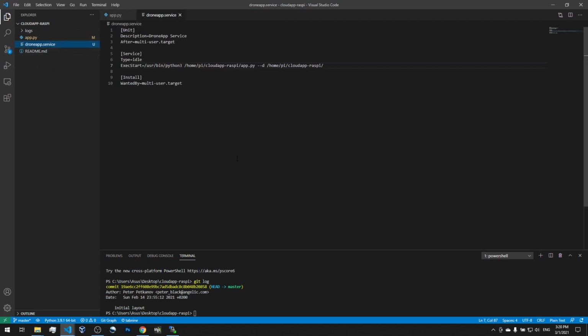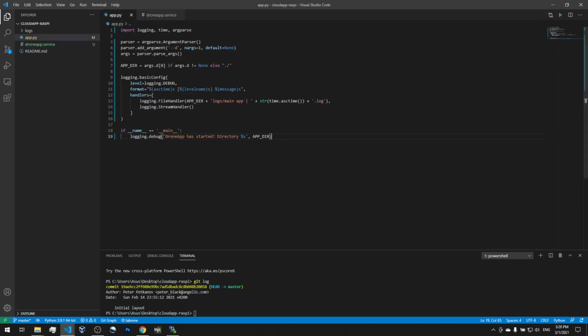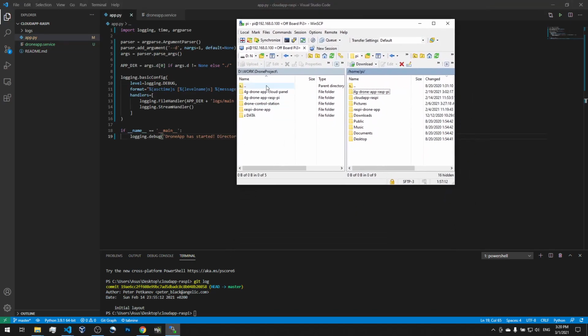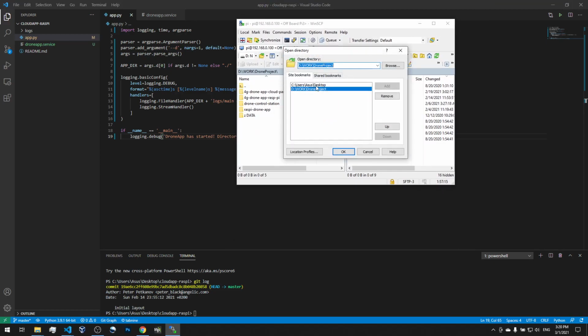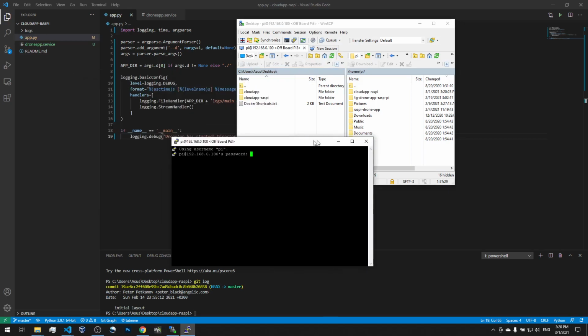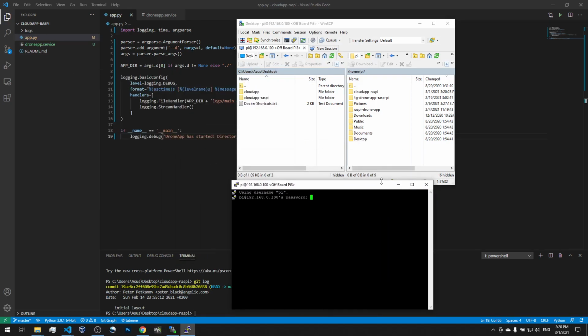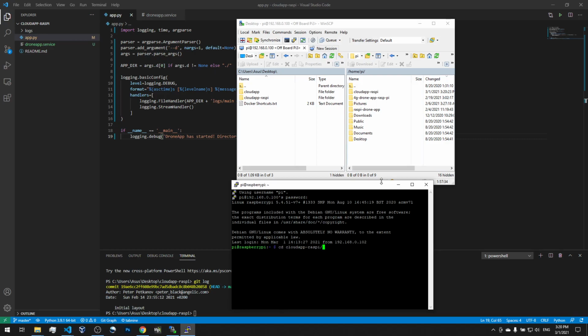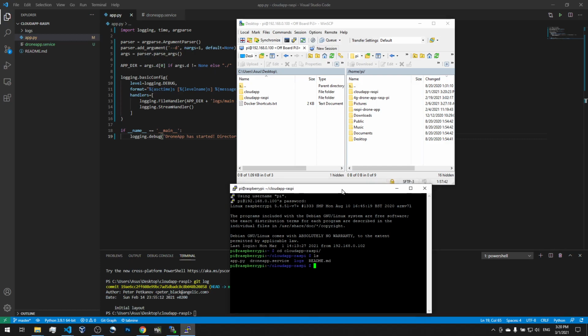Now what is left is to deploy it to our Raspberry Pi and run it. Okay, let's go to our Raspberry Pi. It's on our desktop in this case. This is our project. This is Raspberry Pi. So we deploy it on our Raspberry Pi. Okay. Then we go there. Nice. And we have these files. Now the next thing we want to do to make it a